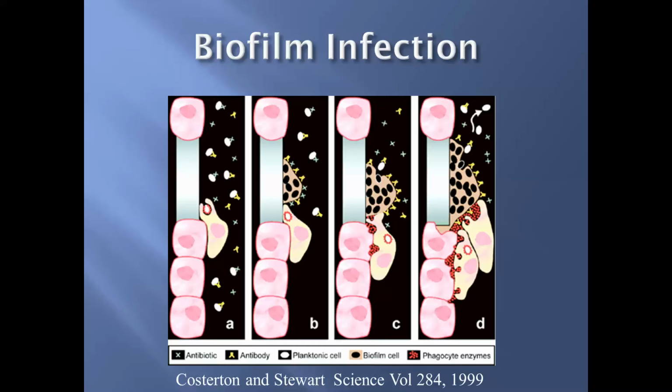where there's a transformation like a caterpillar to a butterfly, where the bacteria expresses a third of its genome, a third, like 800 new genes are expressed. So it makes all these different proteins, all these different materials. It self-secretes a matrix, and this early structure called a microcolony is now walled off from antibodies, walled off from white blood cells, so host immunity can't get to it anymore. And it doesn't take very long for this to happen. Once it's protected in this early matrix material, it starts